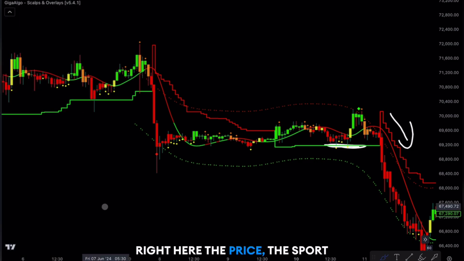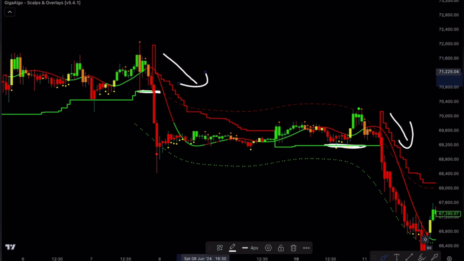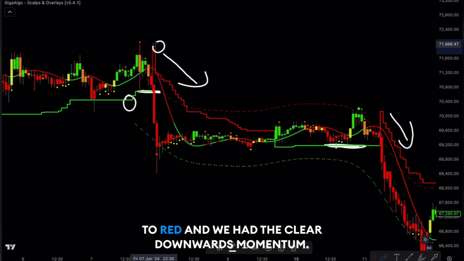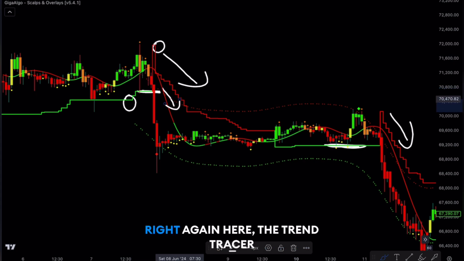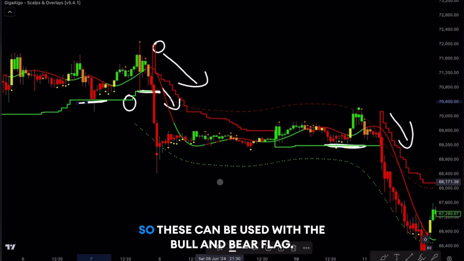Right here, the price broke the support level here for the trend tracer. And we see the trend tracer turn from green to red. And we have a clear downward swing, right? Then here, the trend tracer worked as a support level. So these can be used